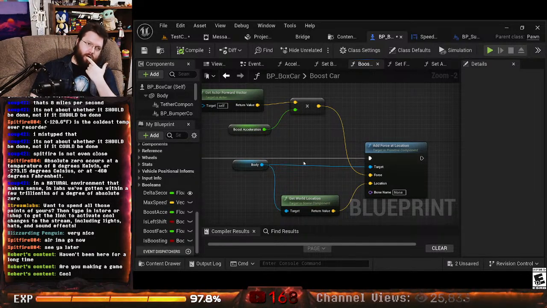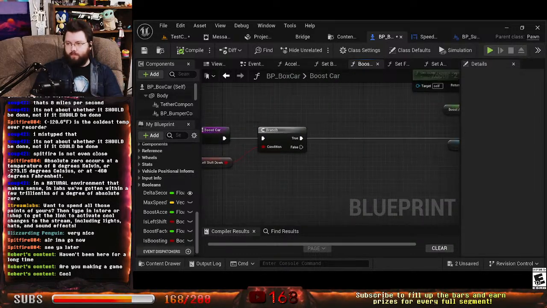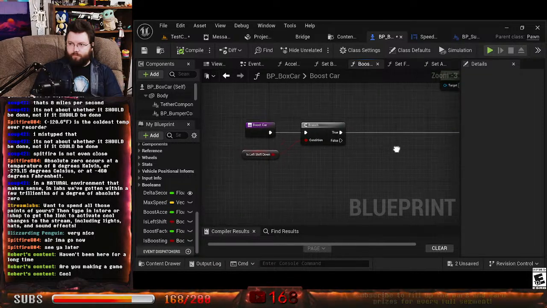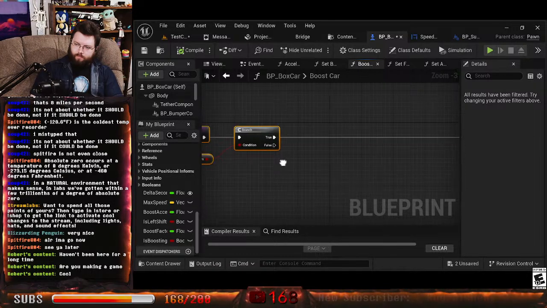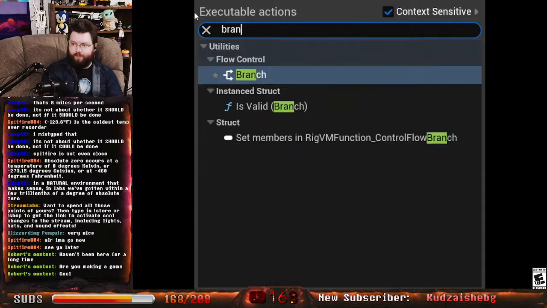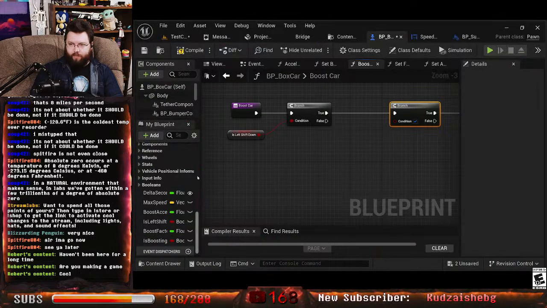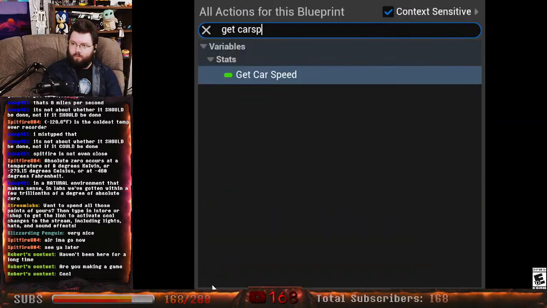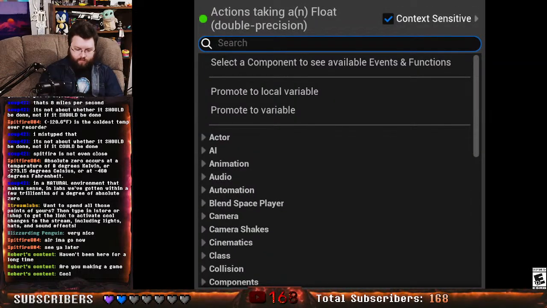We need to detect the car's speed, do a branch, and we're going to do a check. We're going to grab car speed, and we're going to check to see if it's greater than or equal to